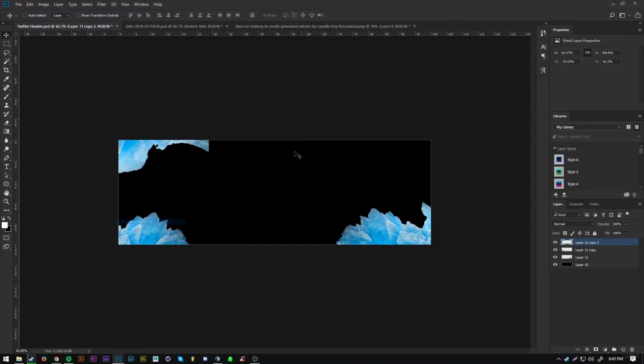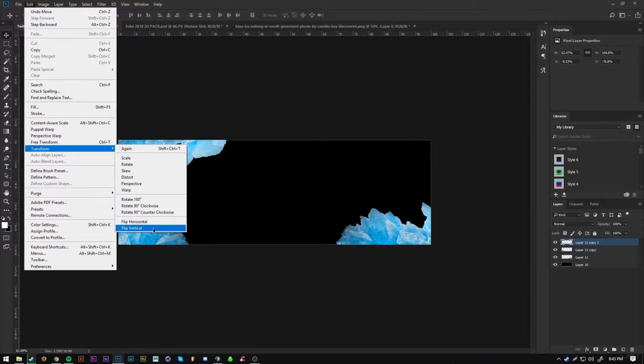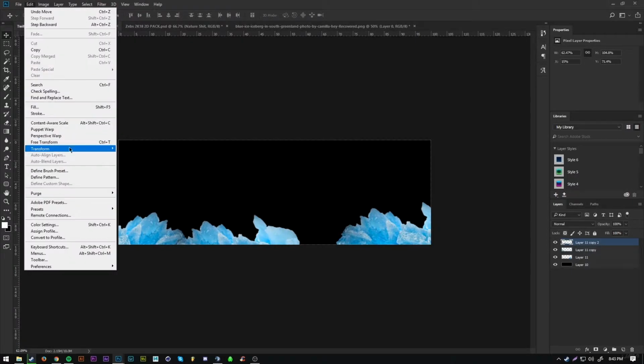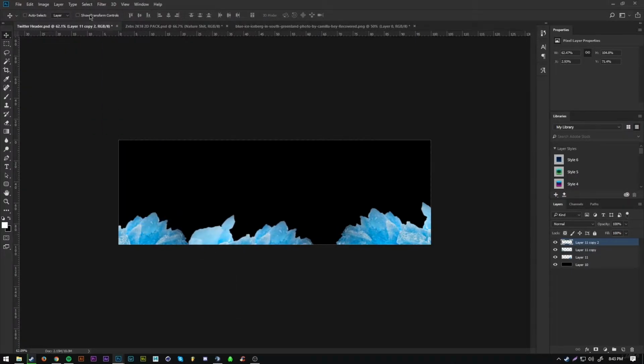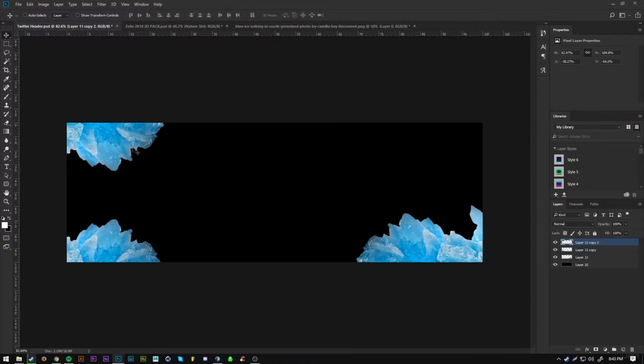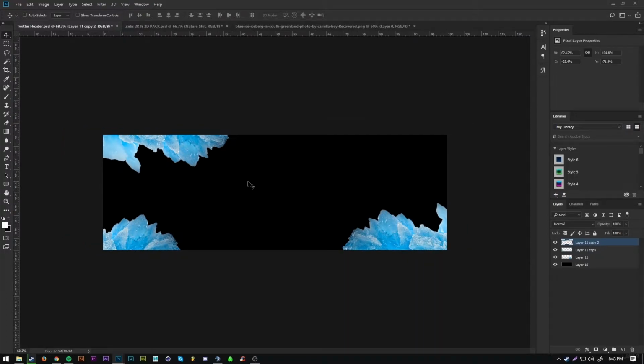For example, if I was to copy it here, I'll give you a better example. If I was to copy it, you don't want to have the same pattern, where you can tell that it was copy and pasted. You want to make sure that each time you copy it, it has a different look to it. This is a perfect example: you can tell that there's a pattern here and that it was copy and pasted with the same exact shape. So it's good to get a little bit of different crystals on each side. So I'm just going to do this, and then I'm going to put one more over in this corner